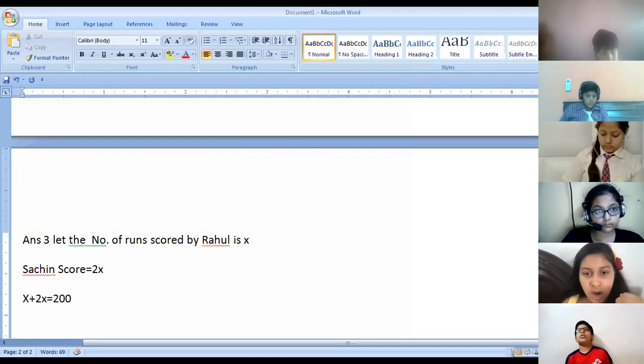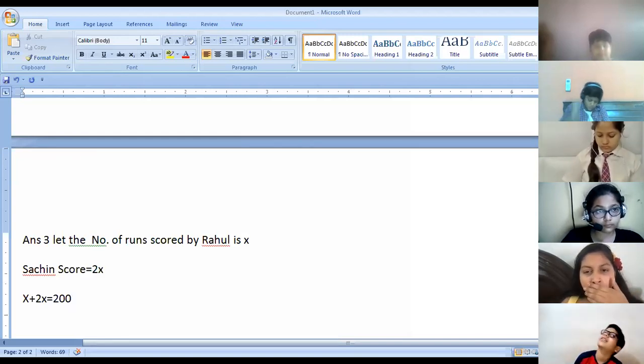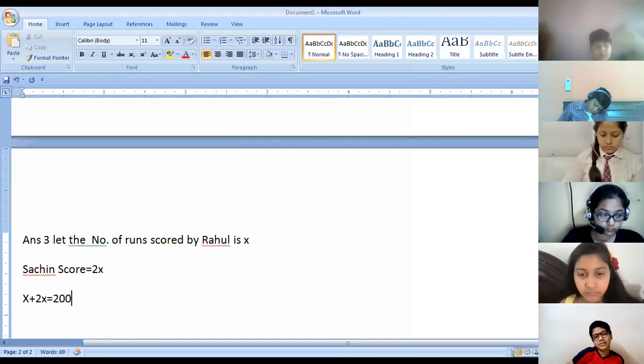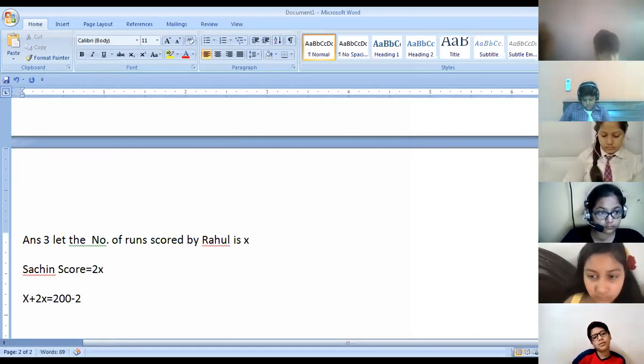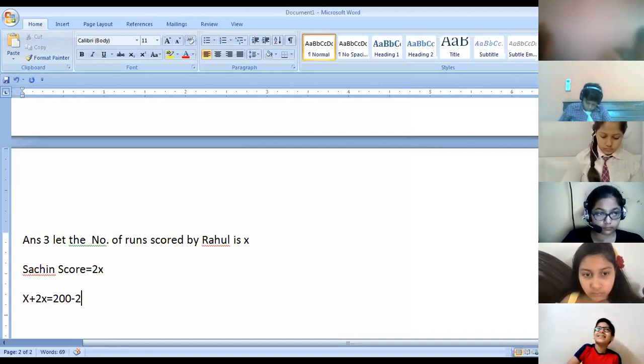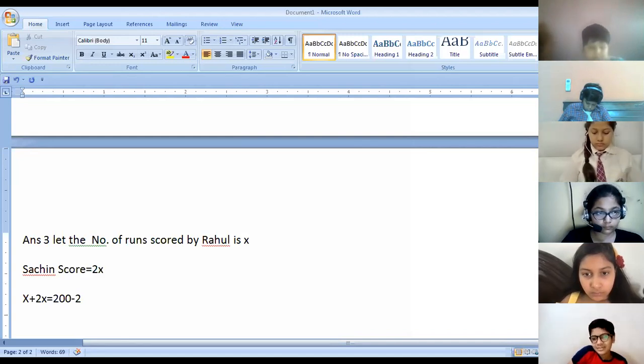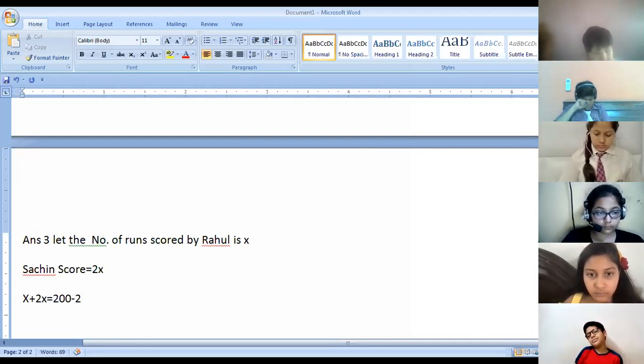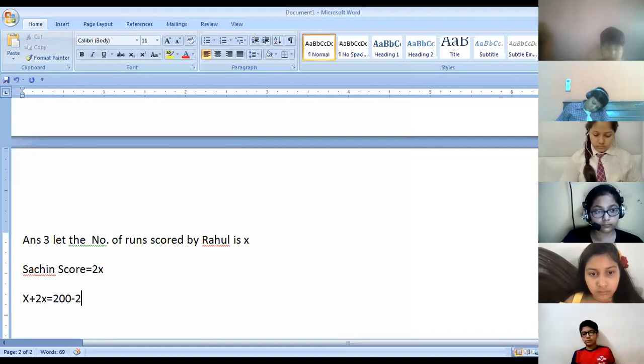So what will you be doing? 200, 3x is equal to 2 minus. 200 minus 2. 200 में 2 कम. That means 200 minus 2. देखो बेटा, together their runs. That means x plus 2x. Fell too short, two, it is given in the question. Fell too short means in the double century. Double century is 200. 200 में 2 रन कम स्कोर किए उसने. ठीक है? That means 198 will be there.